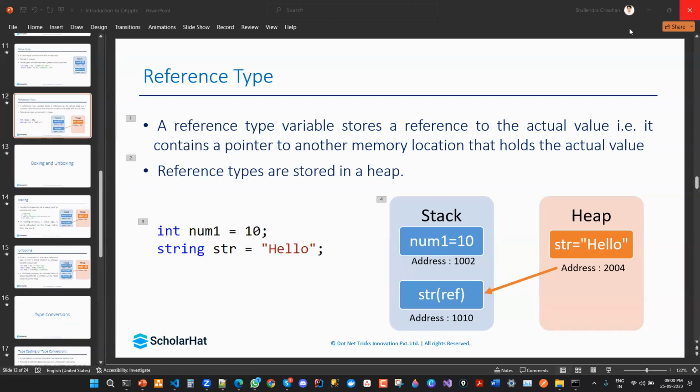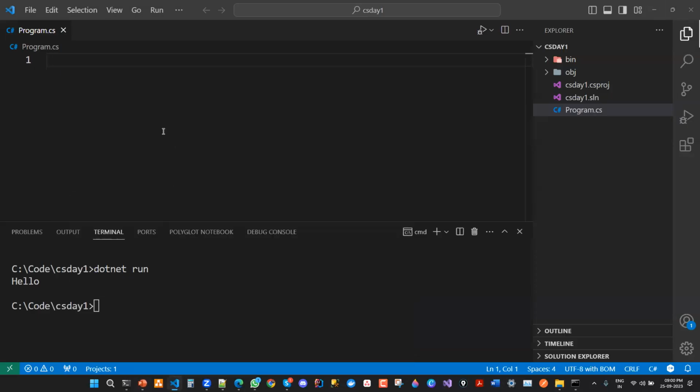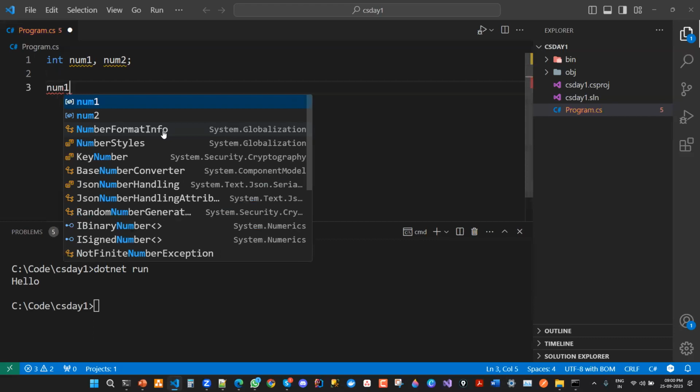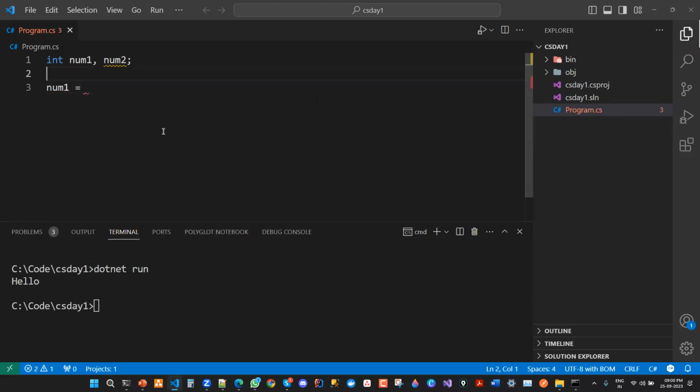So now let us start with writing a program using numbers. I'm going to write a program to swap the value of two numbers. Let's say we have num1 and num2 here. I will take the input for num1 and num2 from the end user, then we will sum them. Before that, let's say I'm adding a simple message,